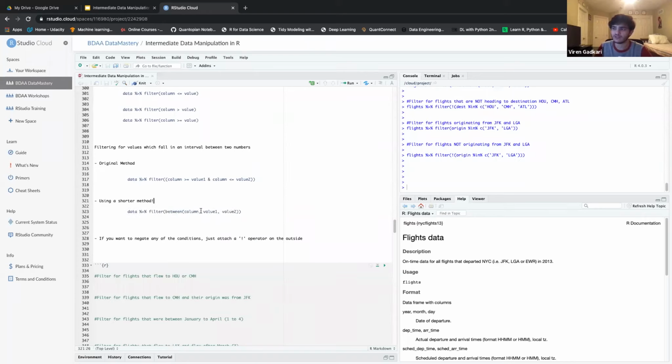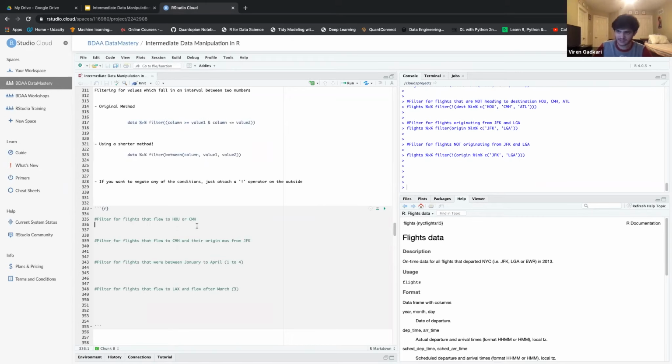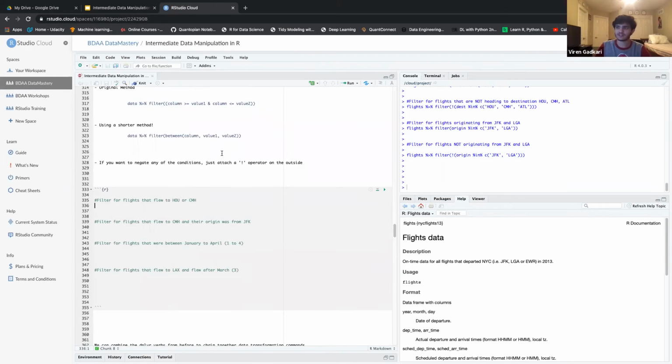that, we want everything that's from value 1 to value 2 in this numeric column. So let's go ahead and practice this stuff. Let's filter for flights that flew to Houston or CMH. So let's do flights and then filter, and then let's do the